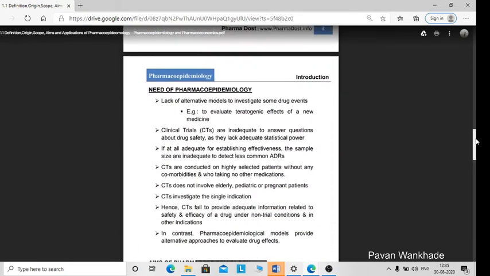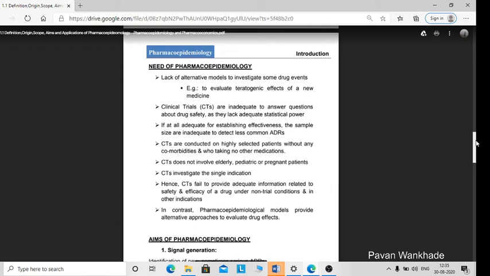Now we'll see the need of pharmacoepidemiology. There is a lack of alternative models to investigate some drug events. An example is evaluating the teratogenic effect of a new medicine. Why is there a need of pharmacoepidemiology? Because there is a lack of alternative methods to evaluate the teratogenic effect, meaning the effect on offspring due to